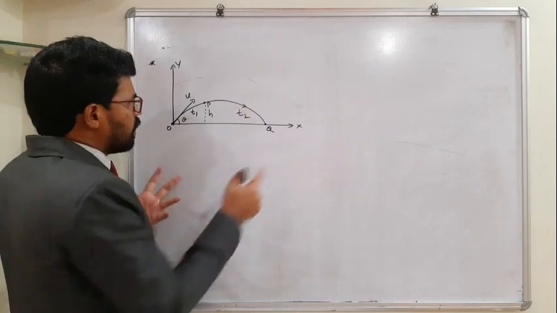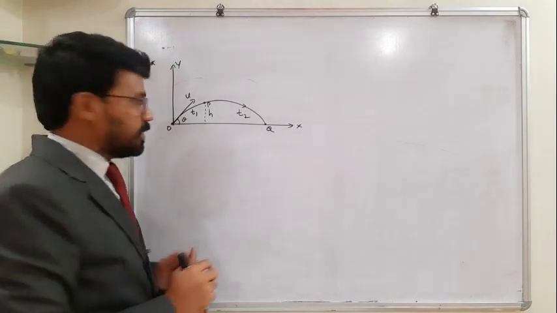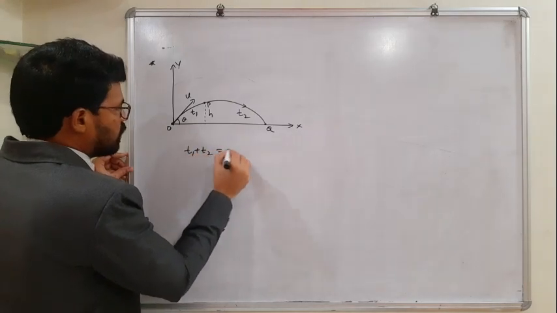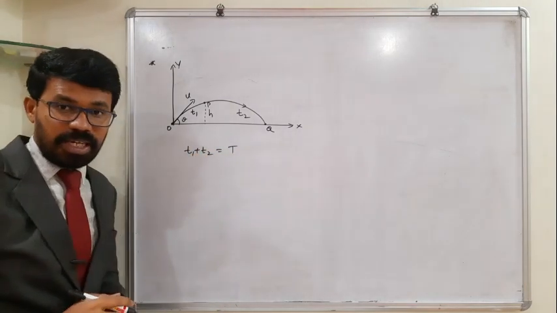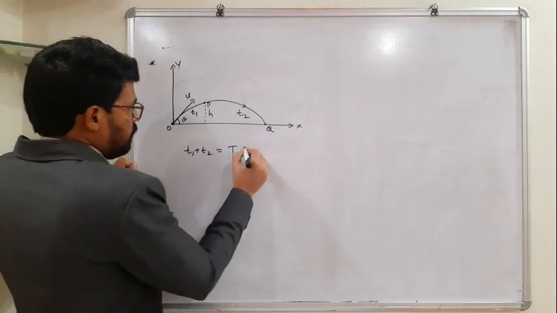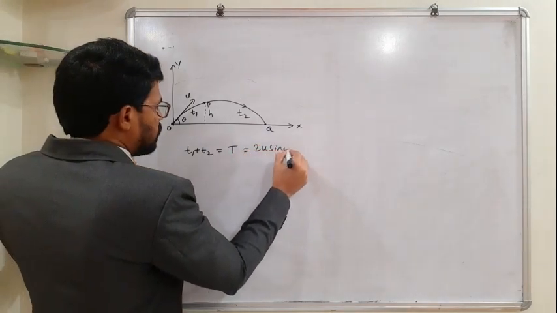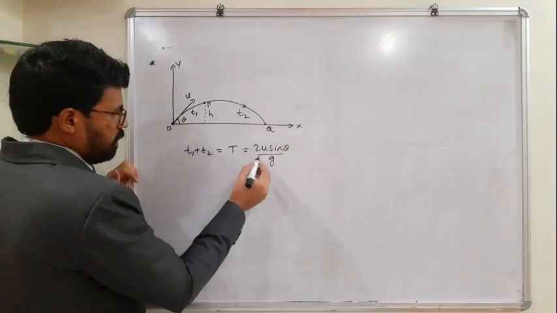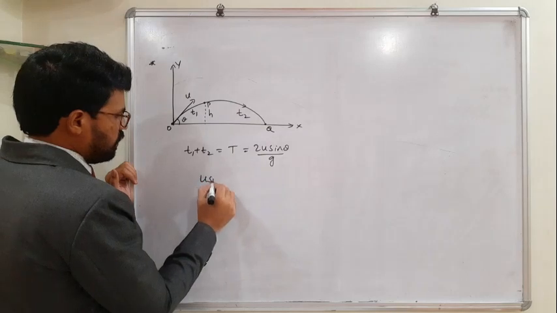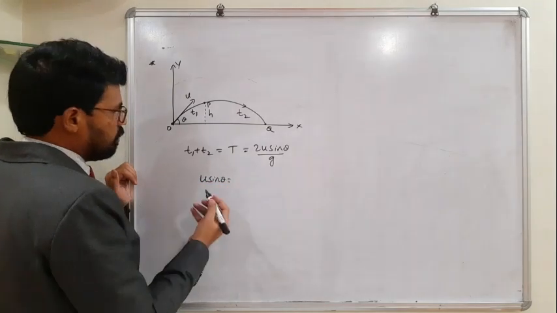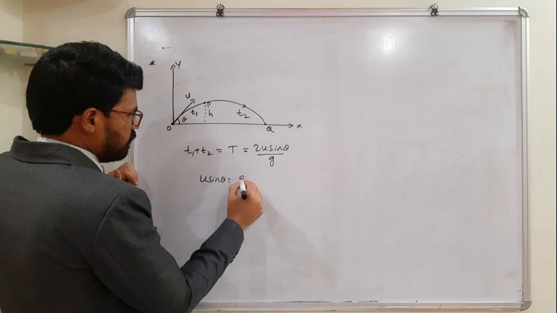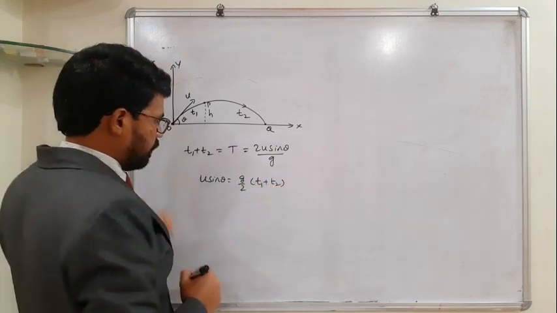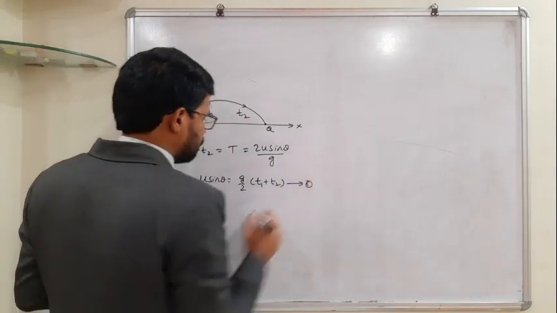See, what is the total time of journey here? t1 plus t2, obviously, isn't it? So t1 plus t2 is in fact nothing but the time of flight. And this time of flight is expressed as 2u sine theta by g, isn't it? Let us keep it as it is, or we can make a small modification here. u sine theta, something which is unknown, can be written as g by 2 into (t1 plus t2). Let us conclude it here like this.